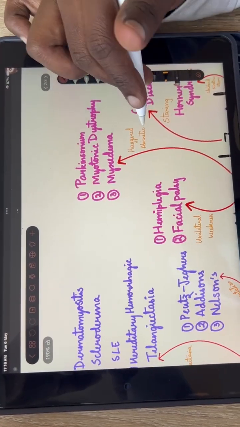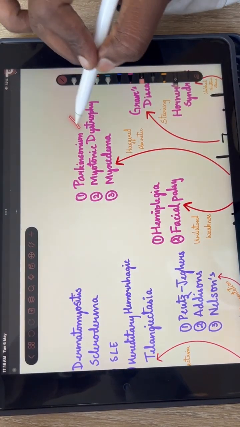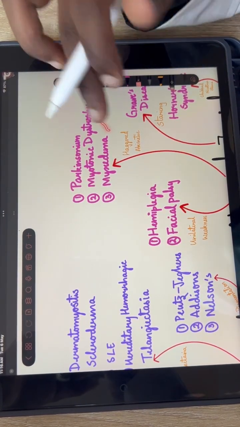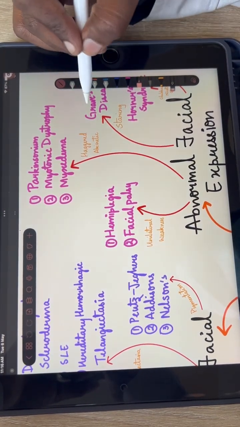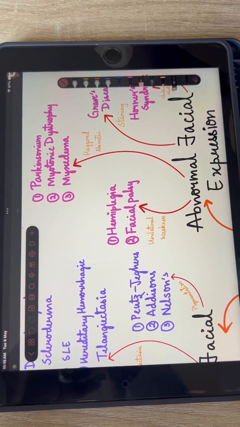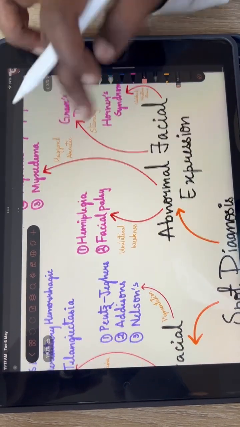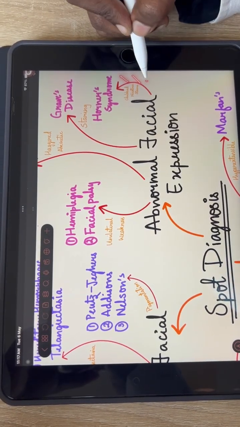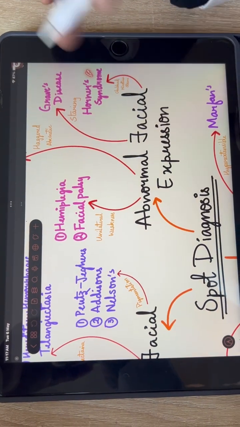And we have haggard akinetic, like the movement is going to be very fast or very slow. This you can see in Parkinsonism and myotonic dystrophy and myxedema. And there will be a staring kind of look when you see a Graves' disease patient. You will see that the patient is giving a staring look on your face, and their eyes are going to be popped out. And then we also have nicotine stains on the face of the patient, from which we can know that it's Horner syndrome.